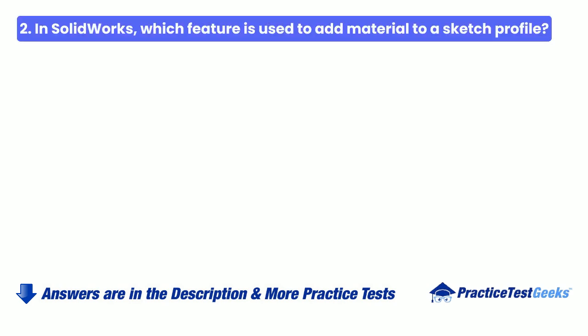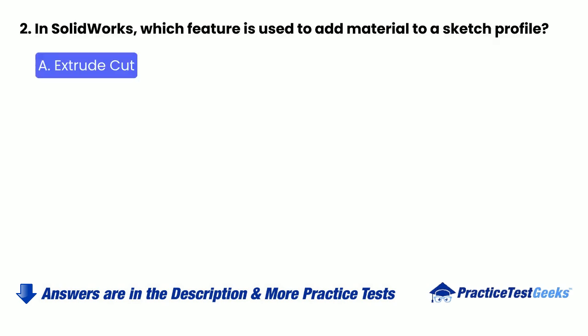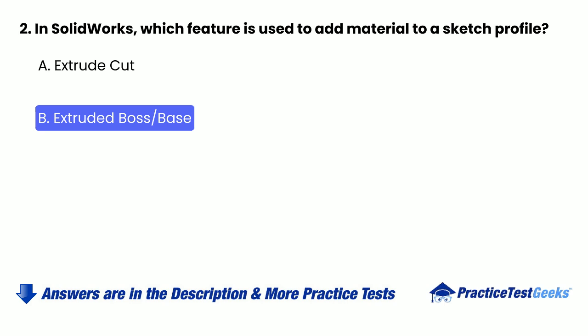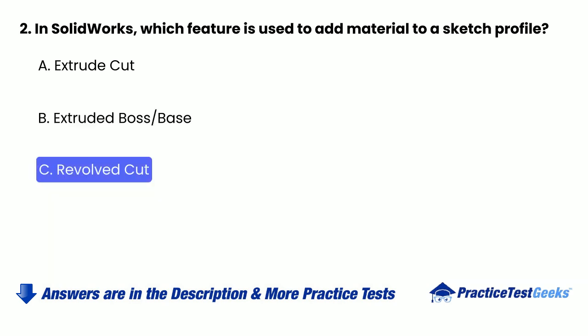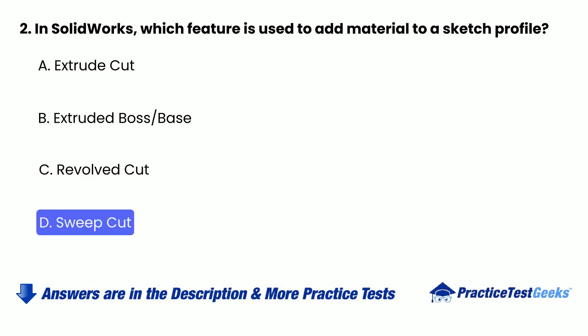2. In SOLIDWORKS, which feature is used to add material to a sketch profile? A. Extrude cut B. Extruded boss or base C. Revolved cut D. Sweep cut